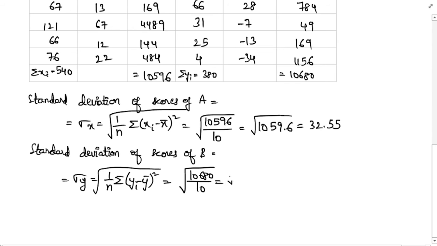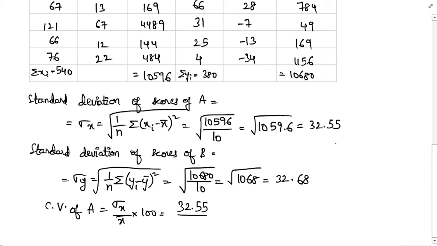Okay, that is equal to root of 1068, which is equal to 32.68. Okay, so CV of A is equal to sigma x by x bar into 100, which is equal to